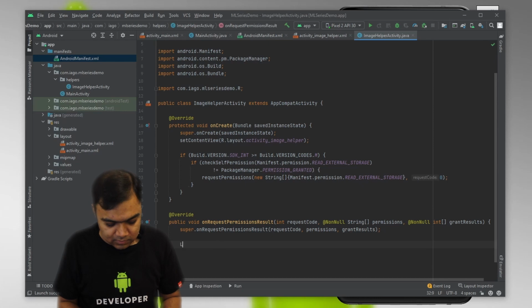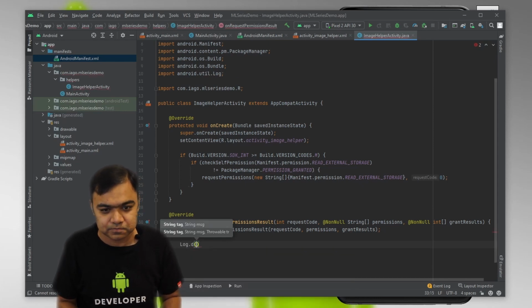So here we can actually print. Log is used to print the debug logs in the console or in the logcat while you want to debug the app.